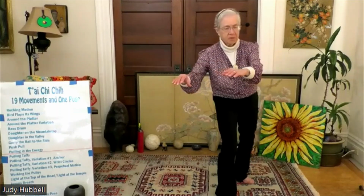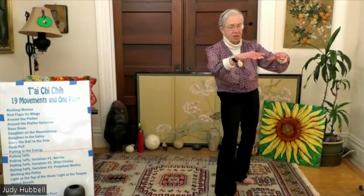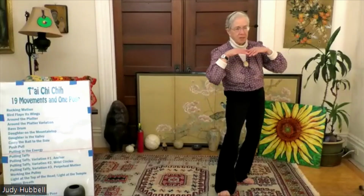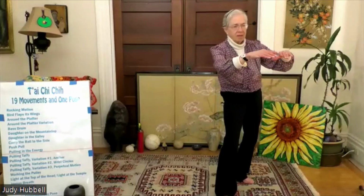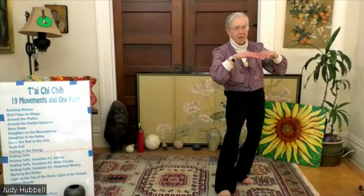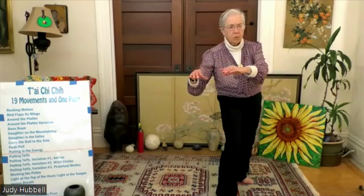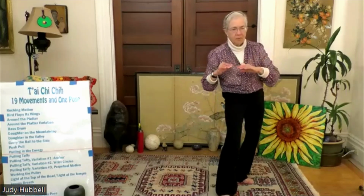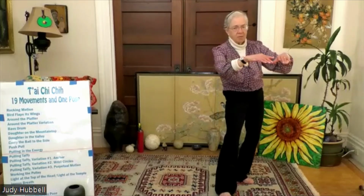Other principles important and shared by Qigong and T'ai Chi Chih are circularity. You can see the circle here of this platter that moves back to my heart. The inhale here and the exhale as that circle comes forward and back. Forward with the inhale and back with the exhale. Gliding through the center. So if you can come forward on the inhale with me and back on the exhale away from me,